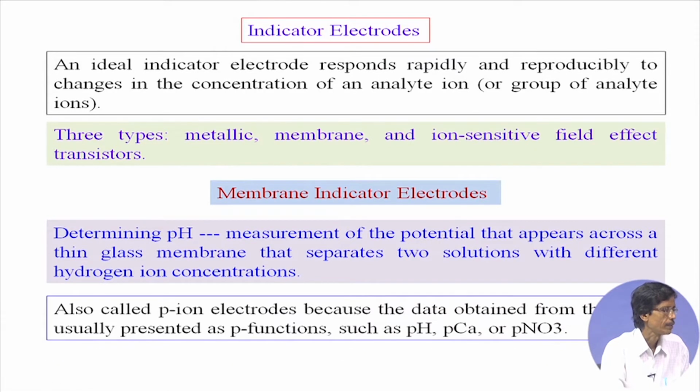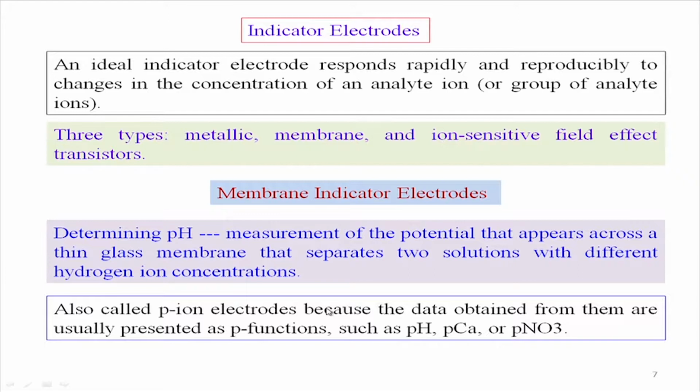So, when we determine hydrogen ion, we consider the corresponding pH, which is responsible for the determination by your electrode. So, we use the pH meter. Then for all these other different ions, it can be your cation or it can be your anion, we will consider them as p ion electrodes.